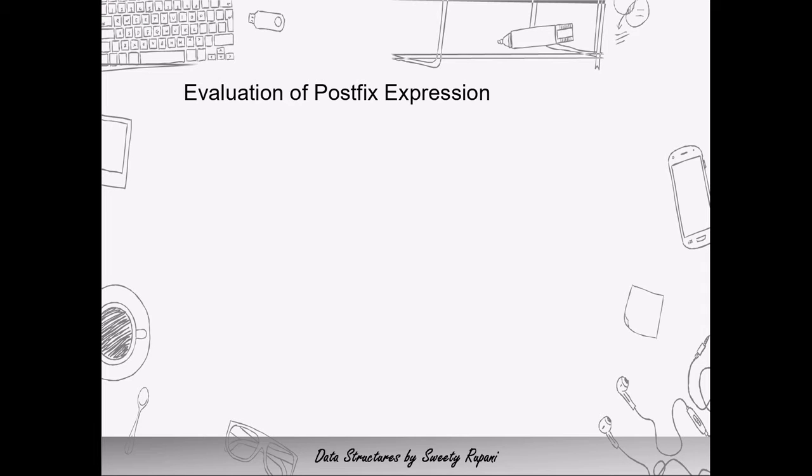Let us now go for evaluating a postfix expression using stack. Let us have a look at the rules first before we go ahead. Whenever you come across an operand, you have to push it onto a stack. The stack is of character type. Although our operand is a number, it would be pushed onto the stack as a character. As and when needed to compute its value, we will pop it out of the stack.